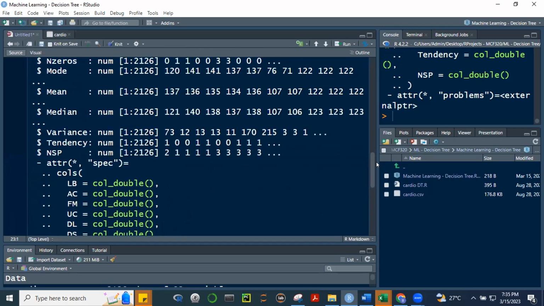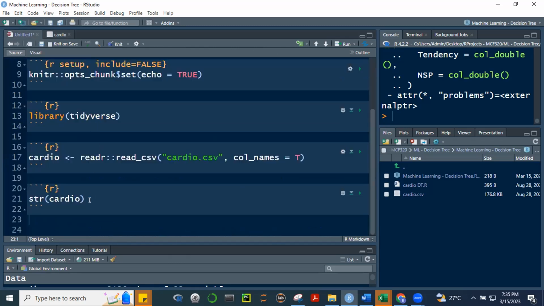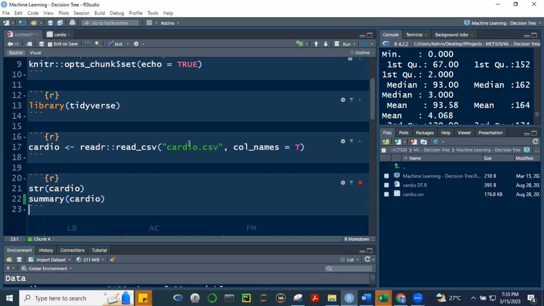Ito yung structure niya. Summary. Ay, hindi pala tayo nag-regression kaya I didn't discuss with you yung mga gantong functions. Summary will give us yung 5-number summary.